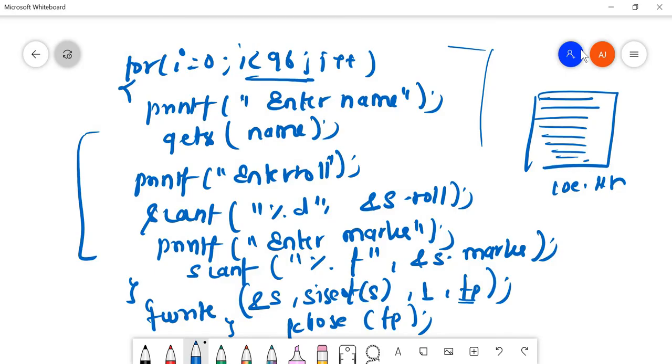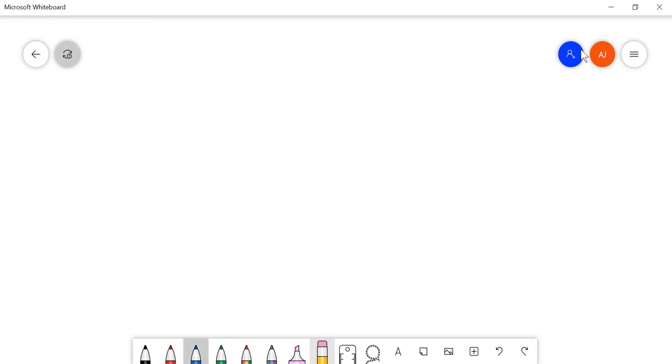So the next part they have told is to open the file, and we have to only print the information of those students whose marks is greater than 40. So I'll again open the file, now in read mode, because I have already written the information in my ioe.txt.